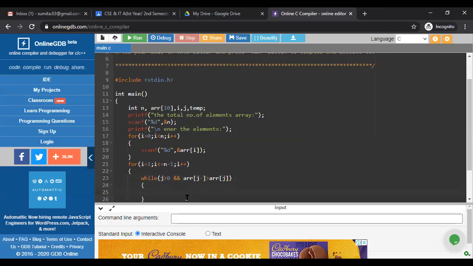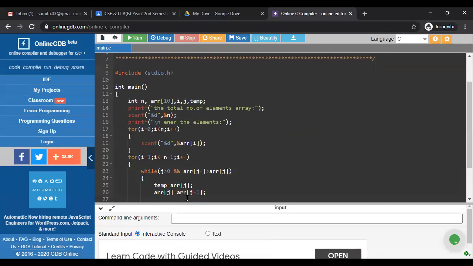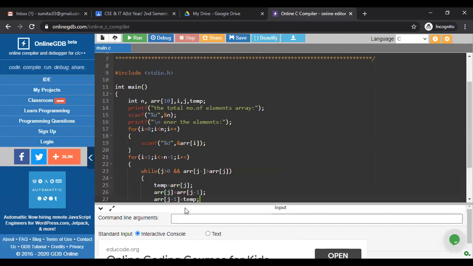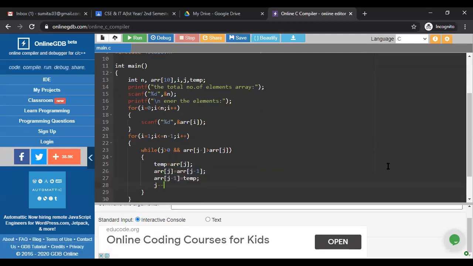If so, then temp is equal to arr[j], arr[j] is equal to arr[j minus 1], and arr[j minus 1] is equal to temp. And last thing, j minus minus. I'm explaining why I'm writing all of this.